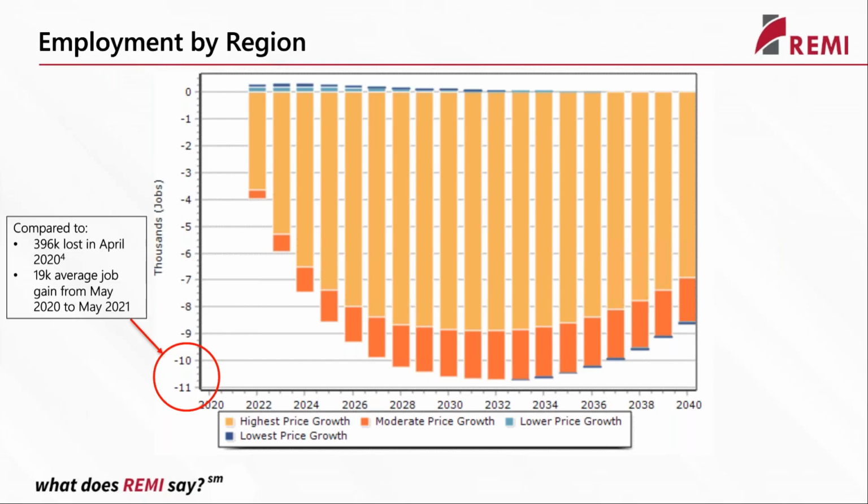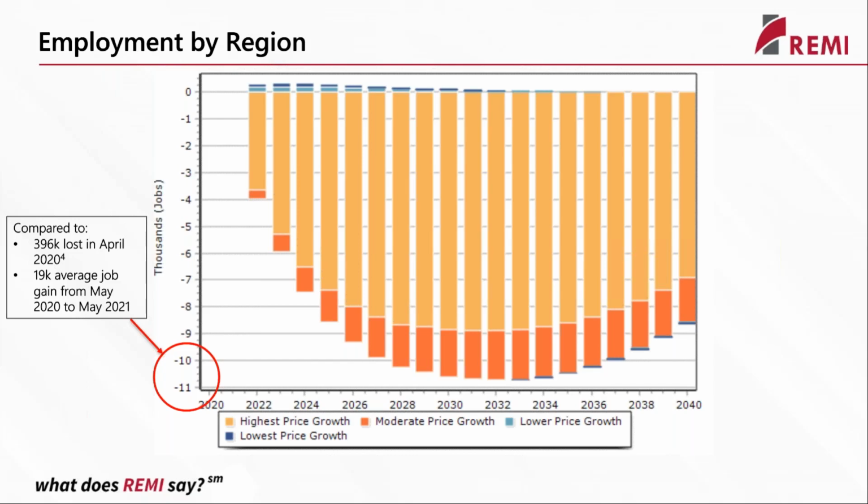So this kind of metric, 10,000 jobs lost, is likely not enough to bring the country or the state into negative job terms. Importantly, however, those strong job gain numbers between May of last year and May of this year could be just a bounce back effect from the recession. And so it's possible that in the future these numbers start to come closer together, and you can really see that the employment loss could become a drag on the economy.